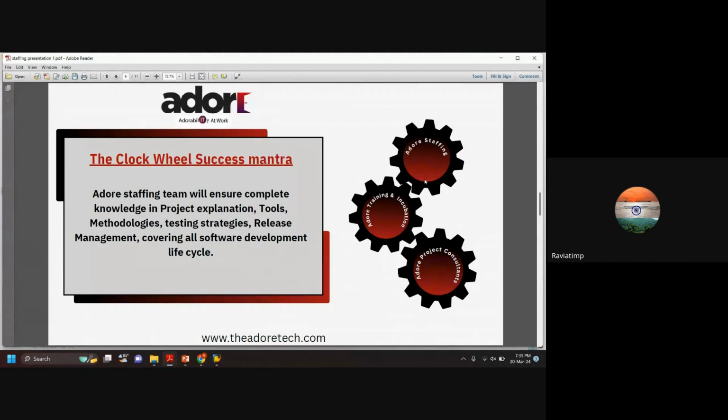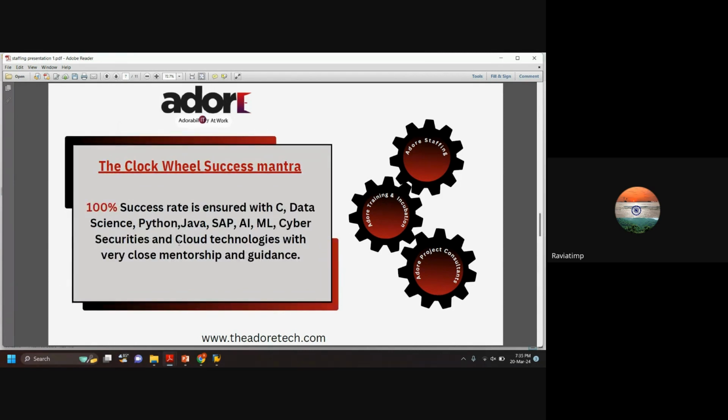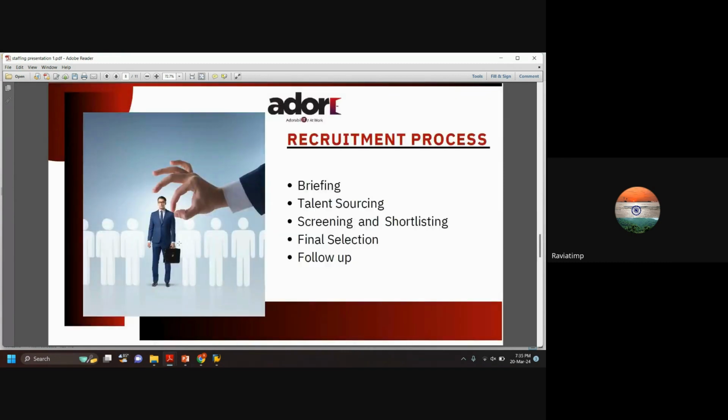Sometimes 0 to 2 also, we are getting remote positions in Gujarat, somewhere in Haryana, somewhere in Andhra. We are getting some positions as end users. End users are those people who do end business transactions, and consultants are those people who work with complete end-to-end solutions. And remember, I need people to give project explanation. I need people to understand tools, methodologies, testing strategies, release management, and they need to cover all the software development lifecycle process. So I will give you 100% success, but I want you guys to follow my briefing and